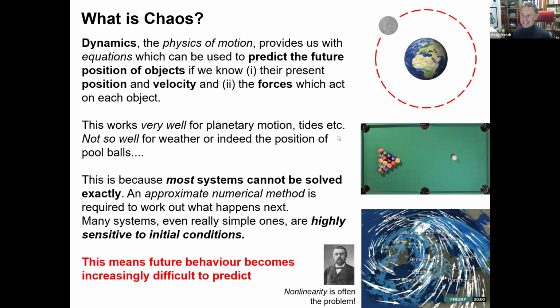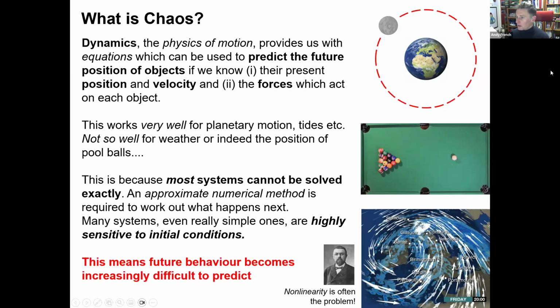However, easy to say, but in practice not easy to do when we have complicated forces. You may have heard of the book The Three-Body Problem. We can't solve analytically more than the two-body problem for gravitational-like forces, inverse square laws. So if you have two suns and a planet, you have to use a computer. It's an imperfect solution. If you are interested in more of that, we had a session on it, I think in our first session, in fact. So our model works very well for tides, etc., but not very well for weather like this.